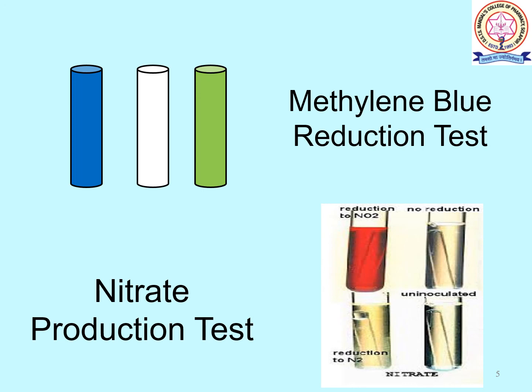If the red color is observed, then it shows that the organism is not capable of reducing nitrate to nitrite. But if there is no color change after addition of zinc, that indicates that the organism has reduced the nitrate into further nitrogen compounds which cannot be detected by this particular test.